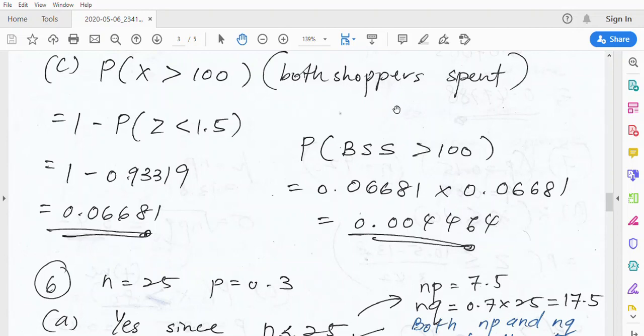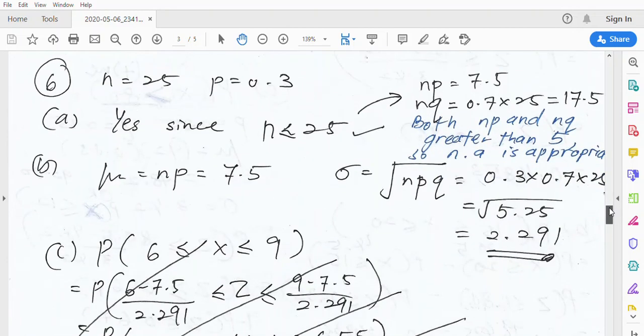Since they are shopping together. Okay, both shoppers have spent together more than. So we just simply times. Okay, so get this value. Okay, now we go for number